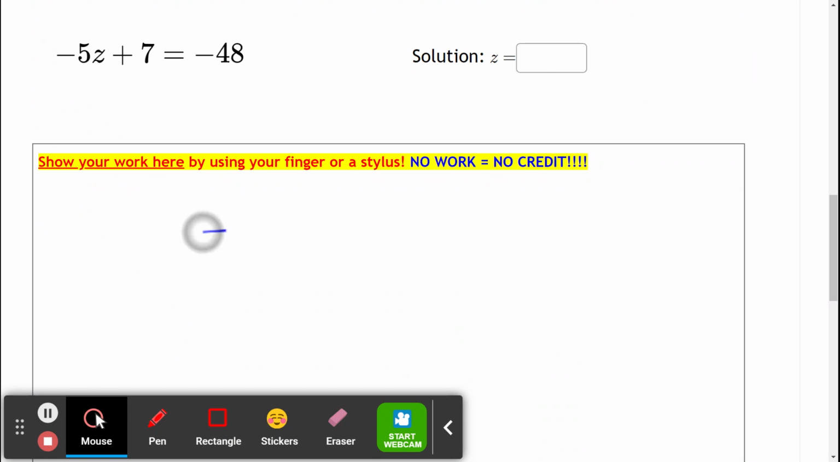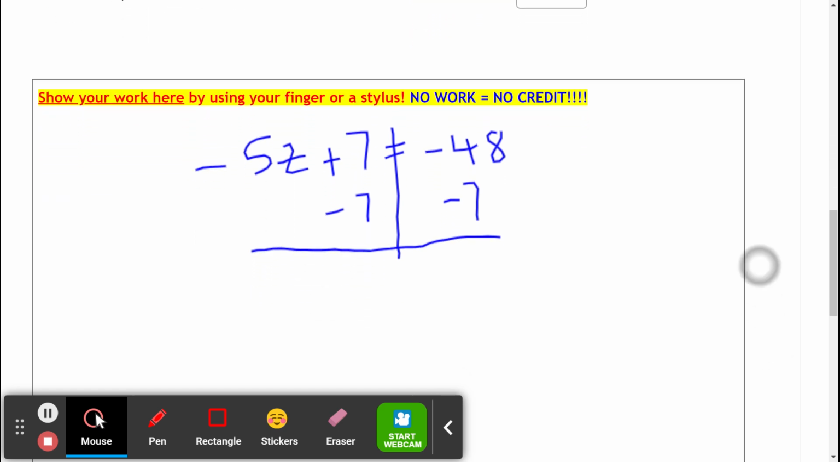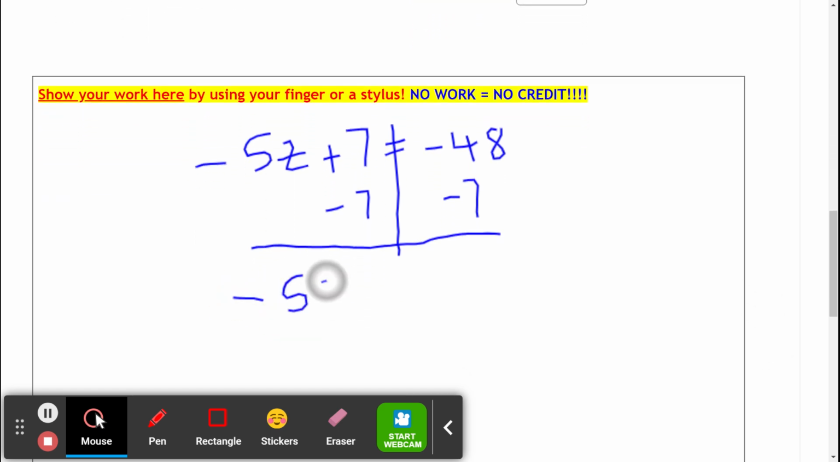So we have negative 5z plus 7 equals negative 48. Well, what we've got to do, look at what we were doing with the scales, because we treat this like it was a scale. Let's take off these little constants here. If we subtract 7, then what we have is negative 5z, that's 0, they're all taken away, equals negative 48 minus 7, that's negative 50,